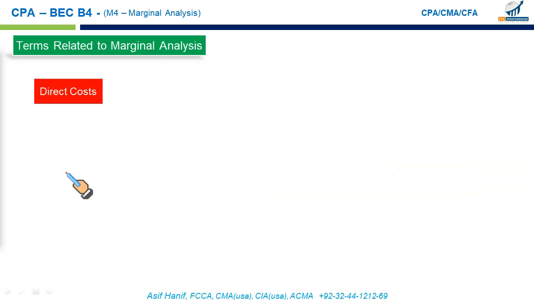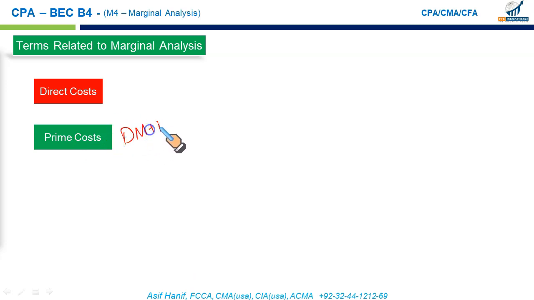First of all, the direct cost. As the name suggests, direct costs are the costs that can be directly identified with the particular cost object. Like for example, if I'm talking about a pen, the cost that you can directly identify is the direct material used in the manufacture of this pen and the direct labor. So the cost that can be directly identified in a given cost object like this pen is called the direct cost, and they are relevant for our decision making. Next is prime cost. I'm sure you would know from your basic cost management terms. Prime cost is the sum of direct material and direct labor. They're called prime cost and they are relevant, of course.